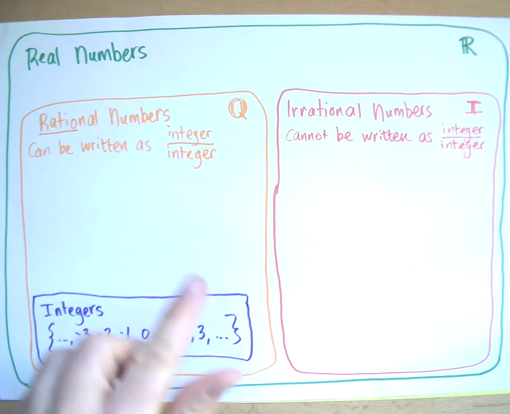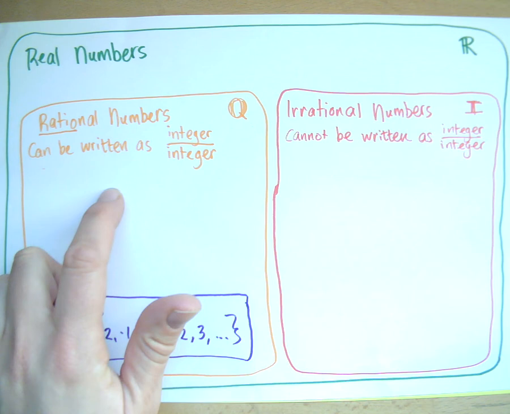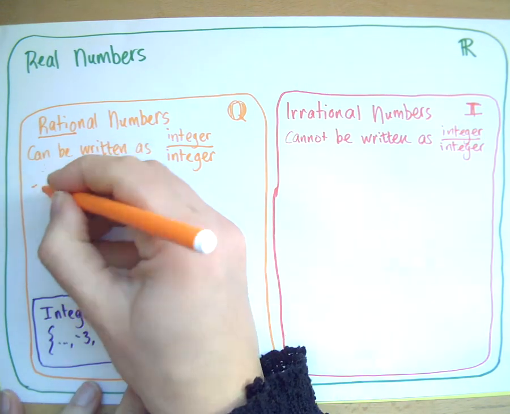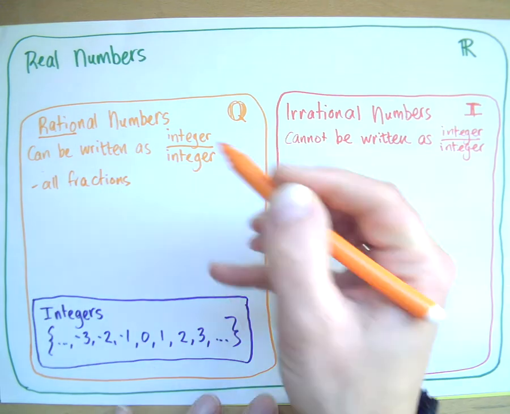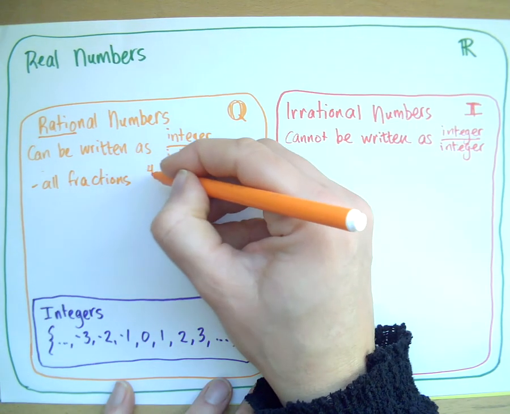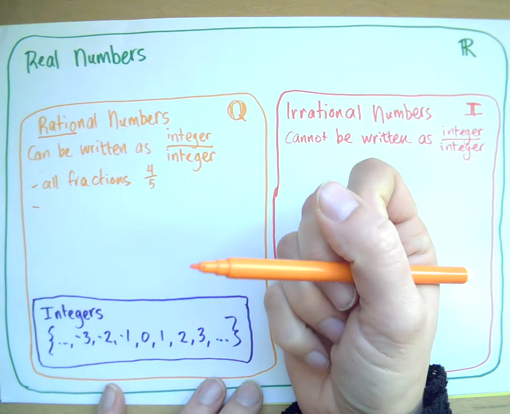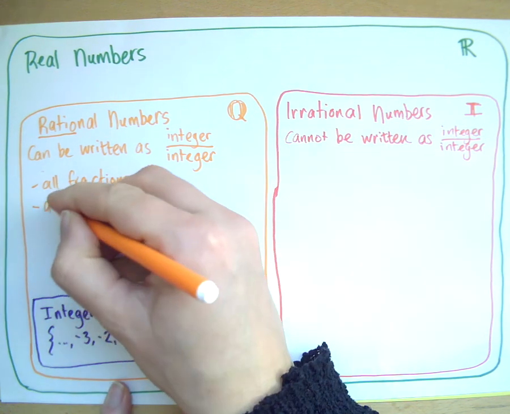Some examples. Rational numbers, that would be, what color do I use? I'm going to do some examples. Green? For example, all fractions. All fractions are rational numbers because, like, a fraction is like 4 over 5. That's an integer over an integer, right? Okay, all integers are also in the set. We got that. All mixed numbers as well,